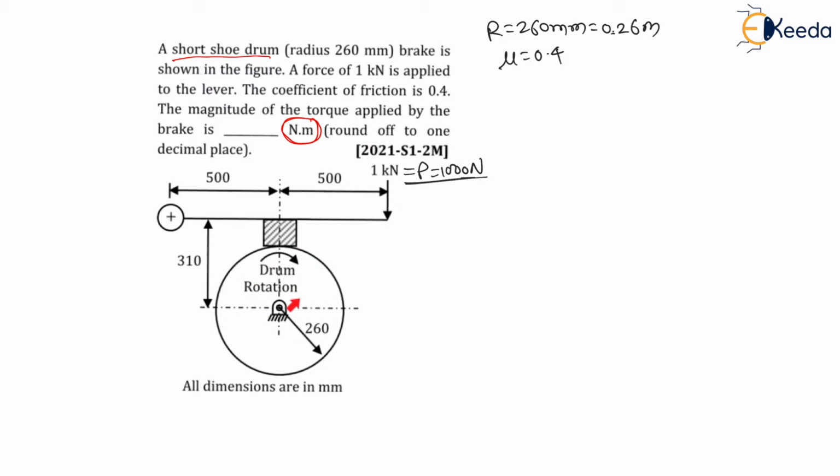Now we have to find the braking torque. Here the braking torque we have to find, torque braking, right? Now my dear students, braking torque is nothing but friction force into radius, right? This braking torque will be equal to friction force into radius, and friction force is nothing but mu times normal reaction into radius. Therefore my dear students, here the coefficient of friction is given, the radius is given, therefore our target is to find the normal reaction.